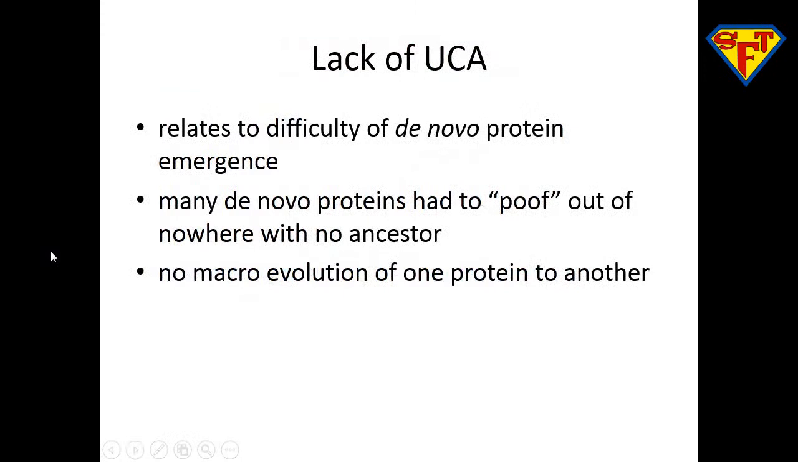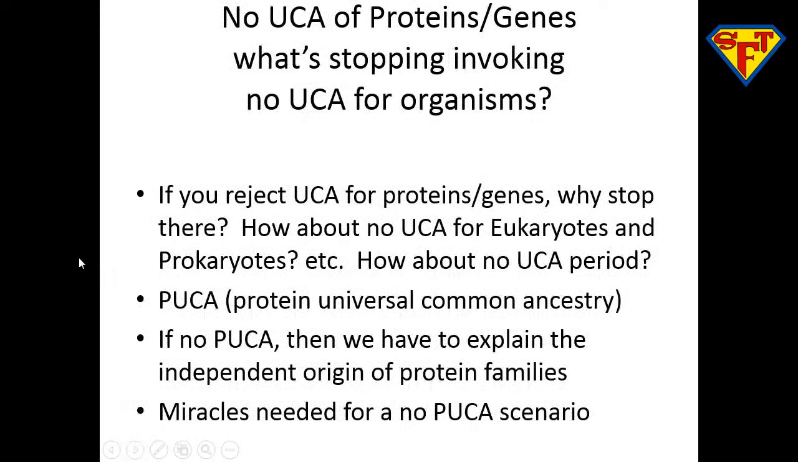So just going back to the main point, the lack of a universal common ancestor in proteins relates to the difficulty of de novo protein emergence. And as I mentioned, this would imply many proteins had to poof out of nowhere with no common ancestor. And there's also no macroevolution from one protein to another. That would be major groups. There'll be microevolution, which you can cover. And just to repeat,